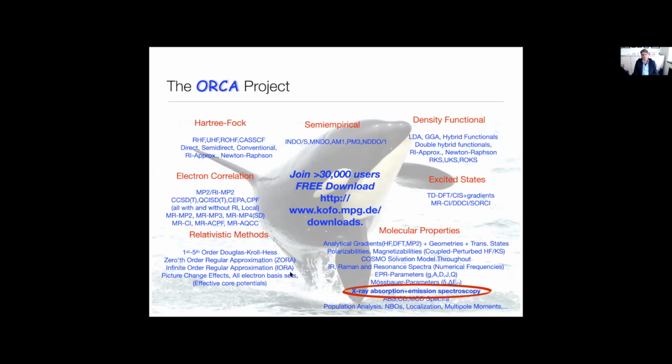So the tool that you will be using today is the ORCA project. The ORCA project is a big quantum chemistry project, and it's a very general purpose quantum chemistry tool. By now it has about 30,000 users, very quickly growing, and it's free for academics. You can download it from our website. X-ray spectroscopy is only one thing you can do with it, but almost everything that computational chemists want to do is implemented in ORCA. And today we will see what capabilities it has in theoretical X-ray spectroscopy.